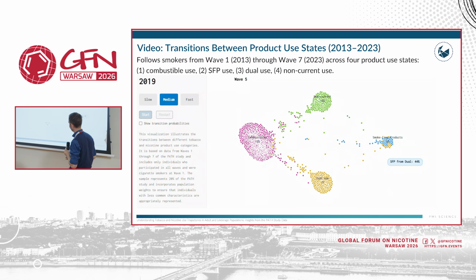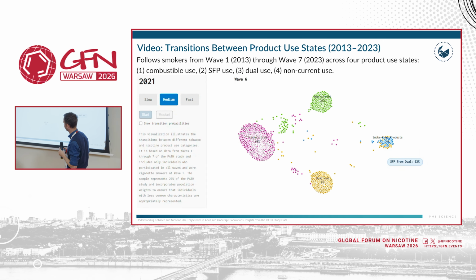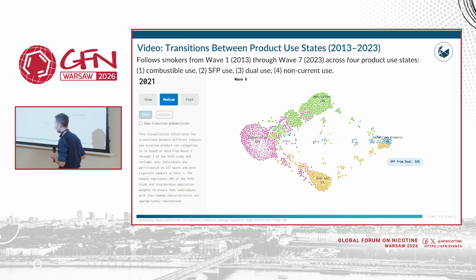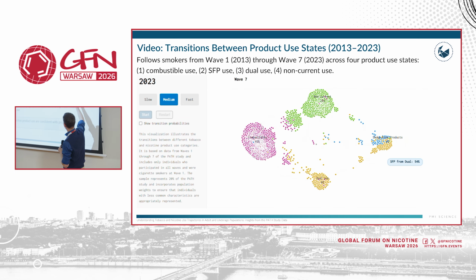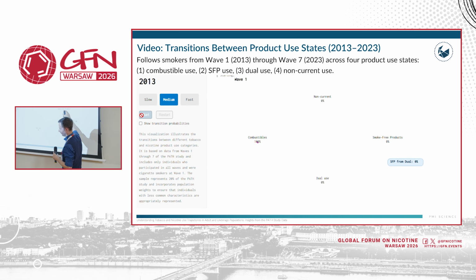Now we are at wave 7. I don't know if you can go to the end. Well, if you have a good memory, what you could see is that we had our final blob of electronic cigarette exclusive smoke-free products users, which are mostly electronic cigarette users in the United States,